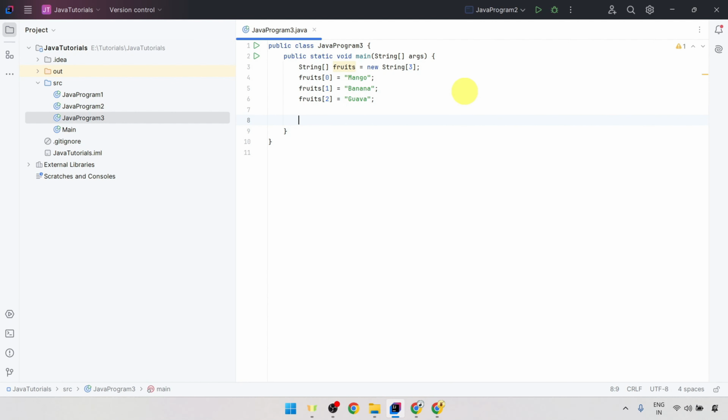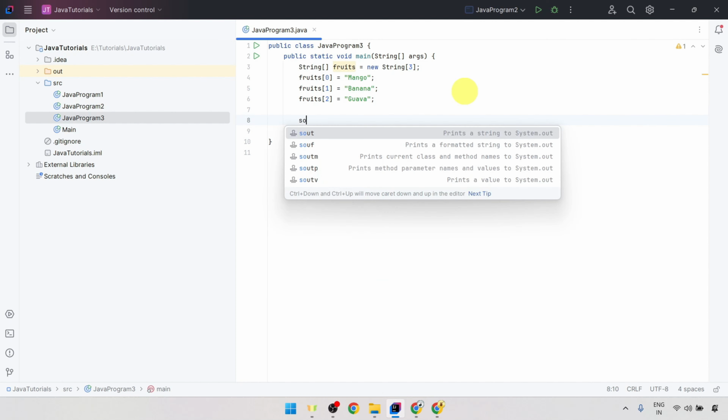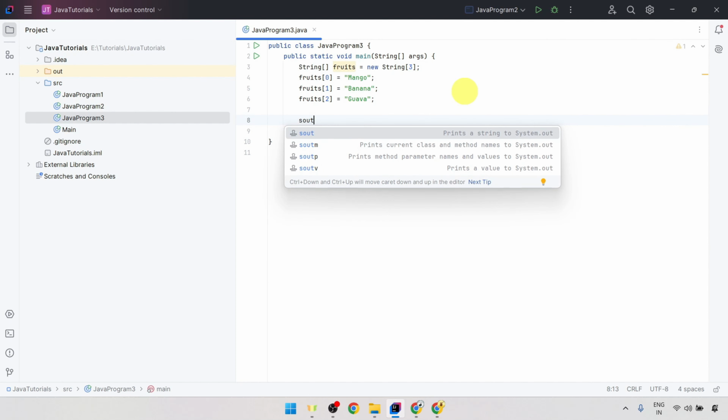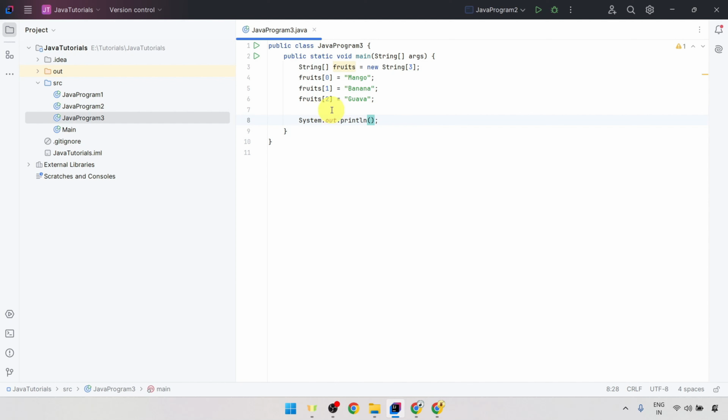So for that I will use this system.out.println just to print these values. So sout is the shortcut, hit enter, which will give us system.out.println. And here let's say I want to print the value of the first item inside this array. So for that, I'll have to provide fruits, which is the name of the array, then square brackets,